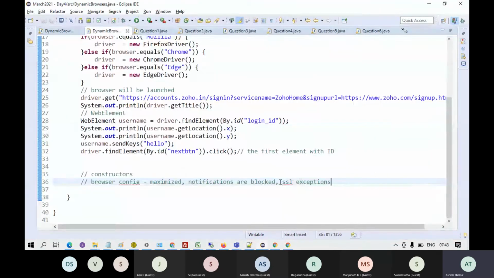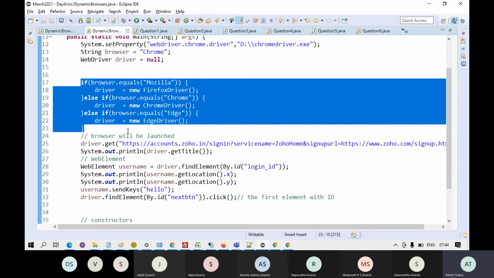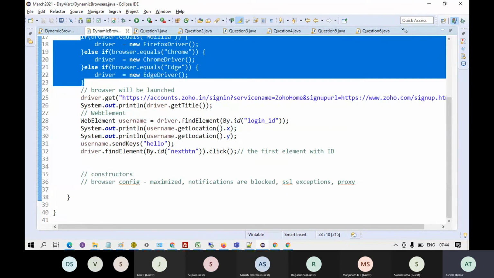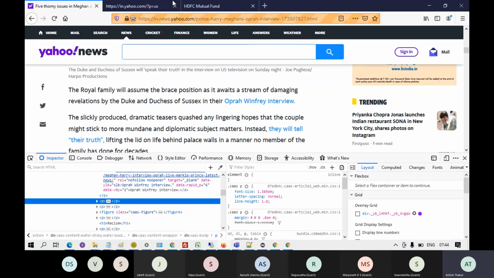So you have got these kinds of exceptions as well when you're launching the browsers, right? And there are many other configurations. Sometimes your company works on proxy, and you want whichever browser you open to work through a proxy, right? Generally in Firefox, we do the proxy settings.